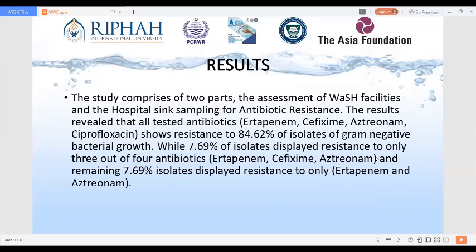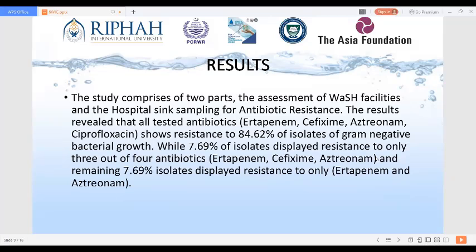As we know, the study comprises two parts: assessment of water quality and the hospital sampling for the antibiotic resistant bacteria. The results revealed that, of all the tested antibiotics, we tested 4 antibiotics, and these all show resistance to the